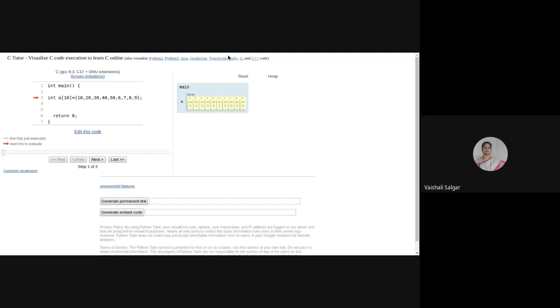Now, are you able to see something? Yes. I have declared int a of 10 and also given the values, but at compile time, it only allocates memory for that array element.